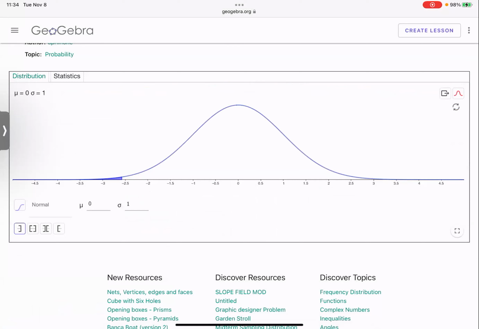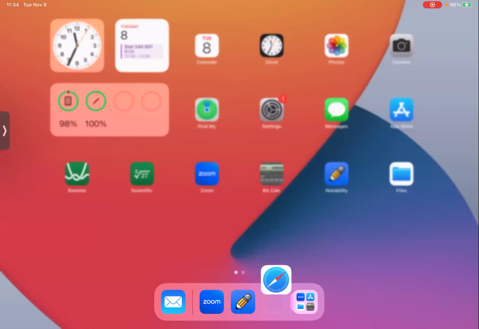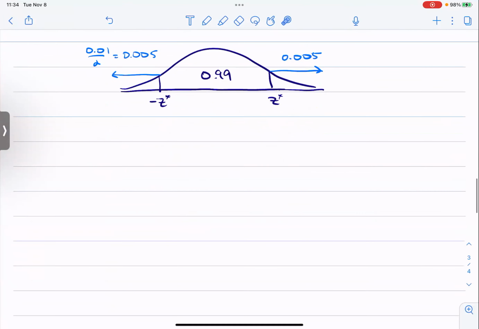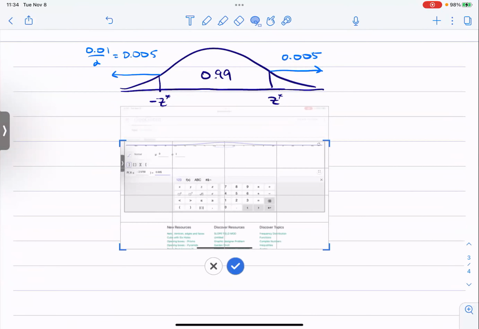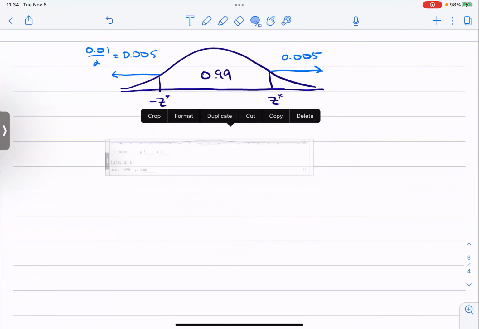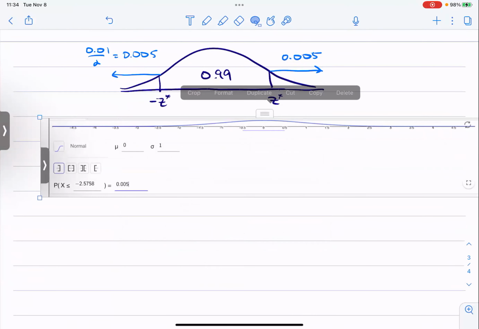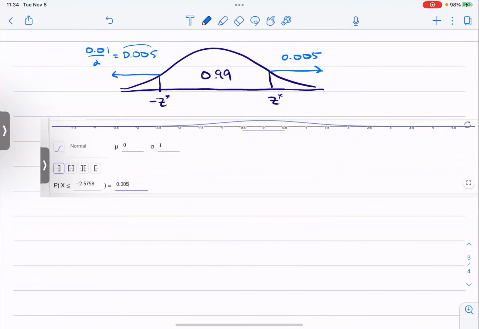So then if I close it, of course it doesn't show up. That's okay, I guess. So here I've forced this area to be 0.005,